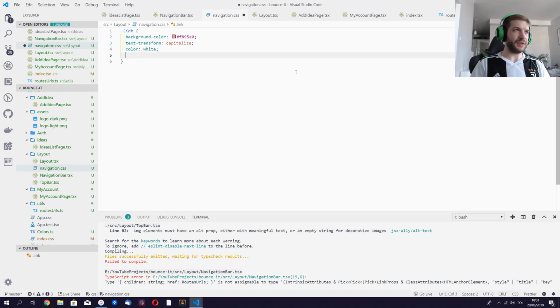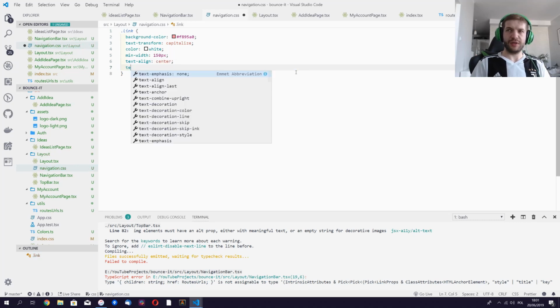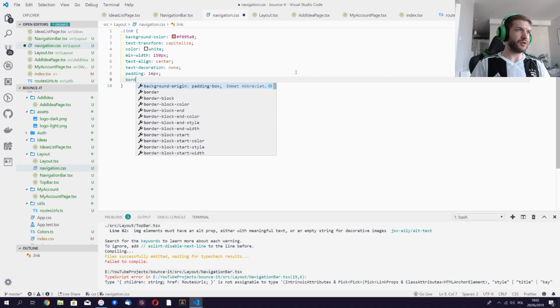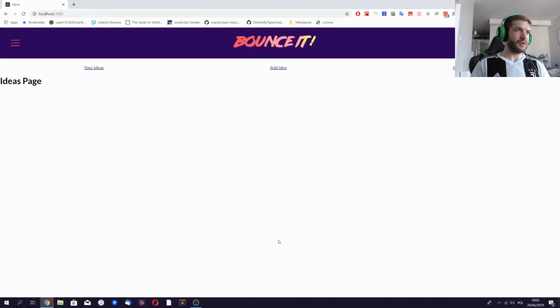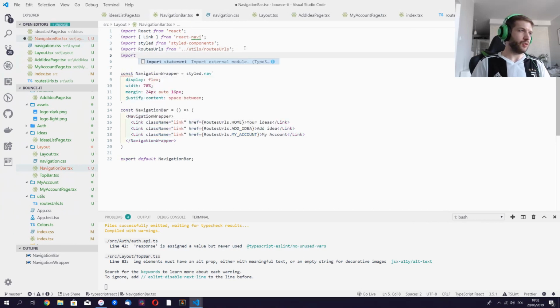I'm going to specify the min width to be this, text align is going to be center, text decoration is going to be none, padding is going to be 16 pixels, and the border radius set to that. Okay, should compile. Yeah, but we need to actually import it to use it. So this is navigation CSS. Okay,